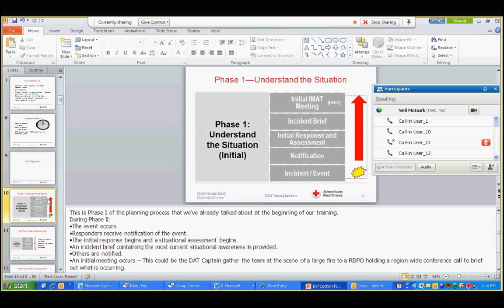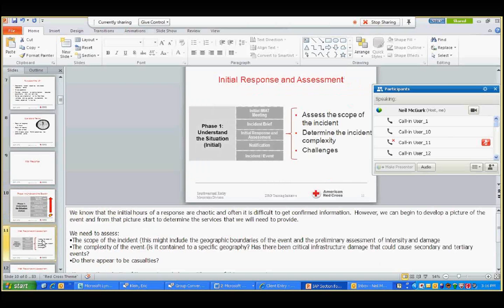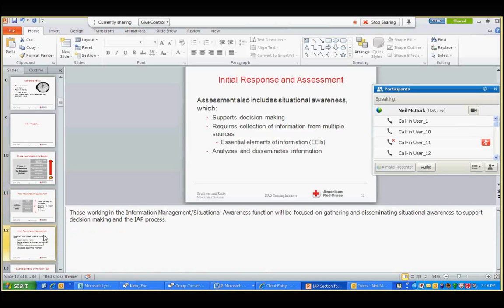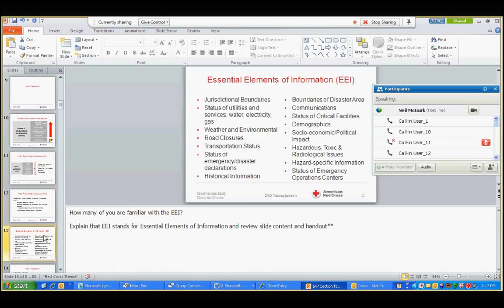So here we're talking again about moving on to sort of initial response and assessment. How you do that, what sort of things are, and this is a great way to engage your class this time. So don't spend the entire session just talking at them. Really engage them in this conversation process about what are some common things that they need to do during that initial response and assessment, and really help engage them in the process. Moving down again, more things onto the initial response and assessment, and then move into the essential elements of information. Again, some basic things here, and there's some more guide and more ways to engage the conversation in the facilitator's guide.